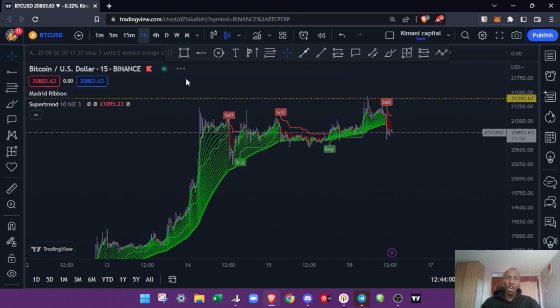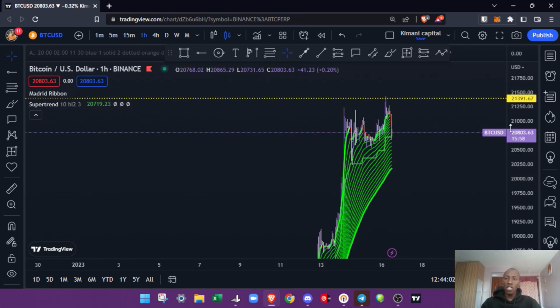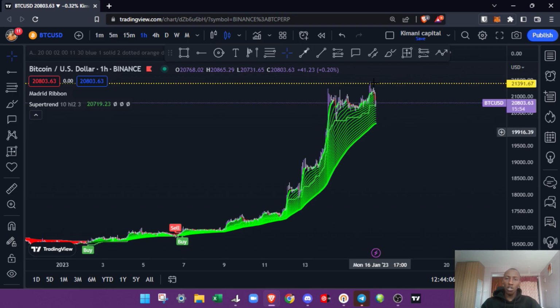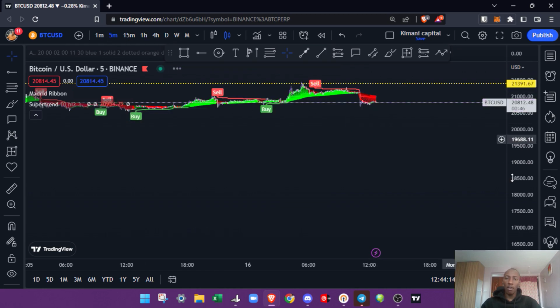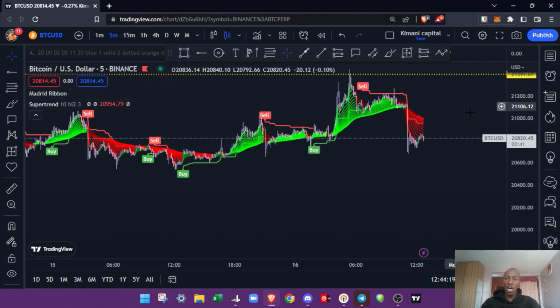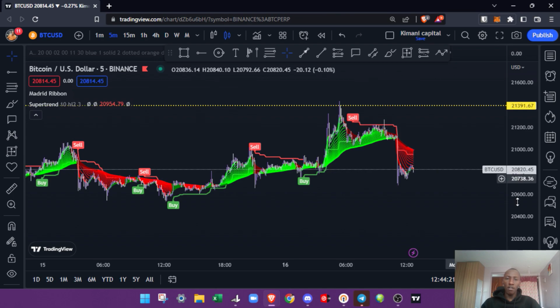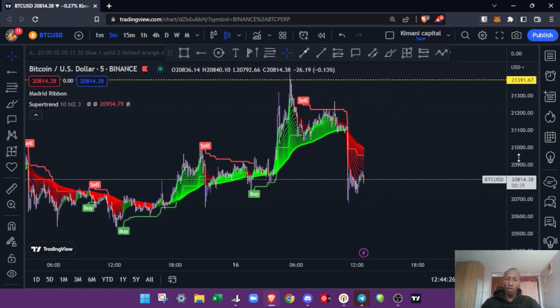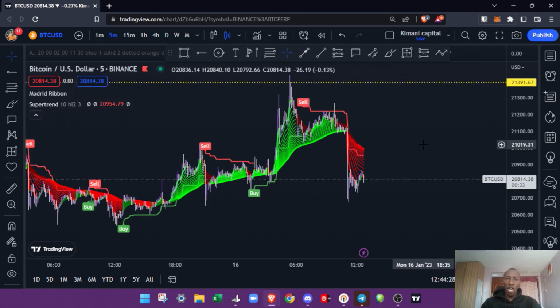But for me, I prefer watching the 1 hour, so that even if I get a sell signal in the 1 hour, at least I'm sure that for the next couple of hours it's going to go short, and then I'm going to go down to the 15 minutes time frame and get a clear short position for me to trade. And that's exactly what I'm going to do today going forward,